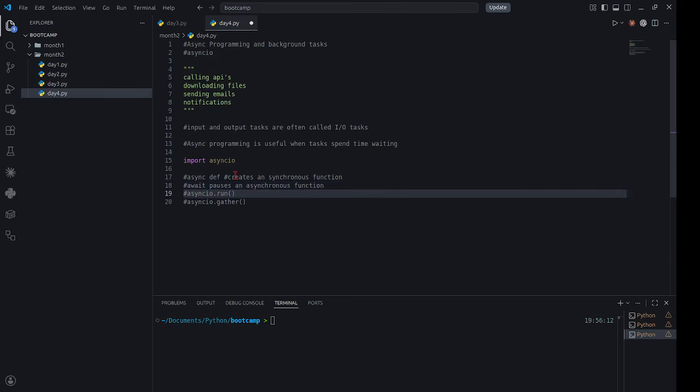And asyncio.run starts the asynchronous function. And asyncio.gather,